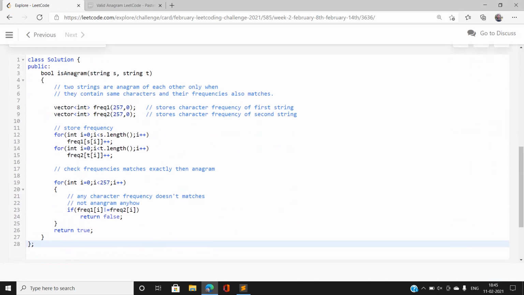Now what I have done is I have taken a vector to store the frequencies, and the size would be 256. I've iterated over string s and stored the frequency, and I iterated over string t and stored its frequency in a separate array. That is, freq1 is for the characters' frequency of string s and freq2 is for string t. Now I have iterated for every character, that is, from 0 up to 256, and checked if at any time the frequency doesn't match, then I'm going to return false, because we all know that two strings are anagrams